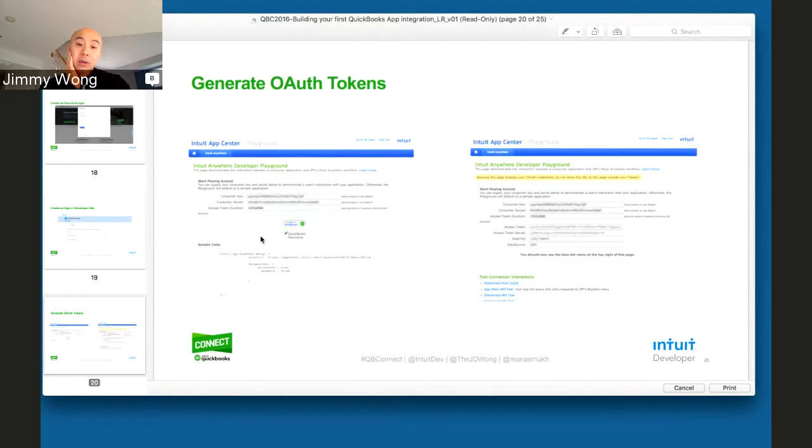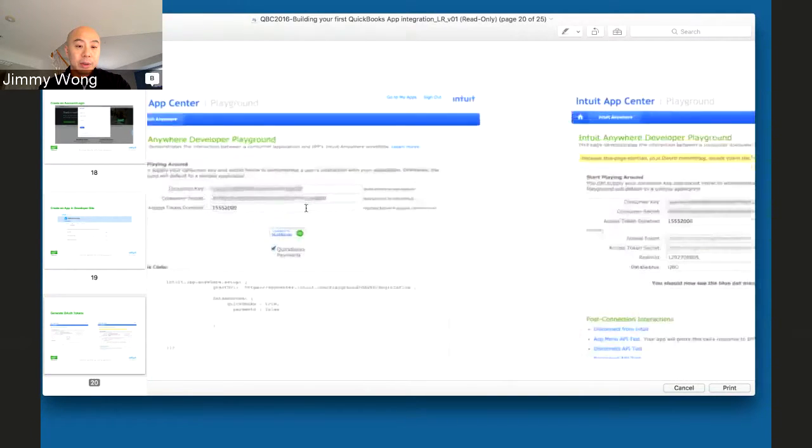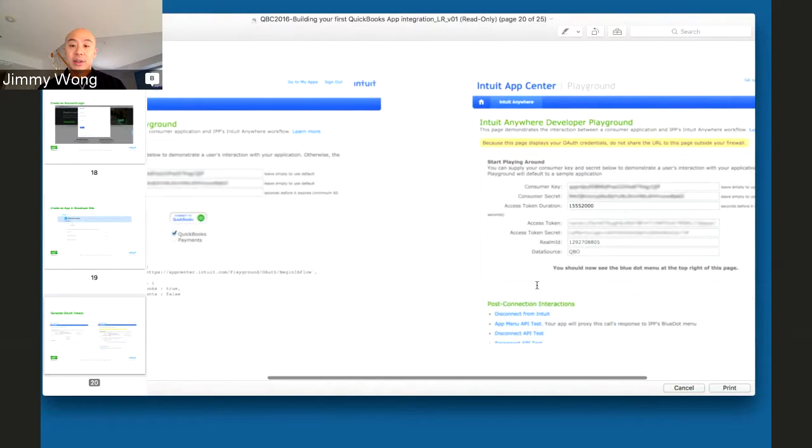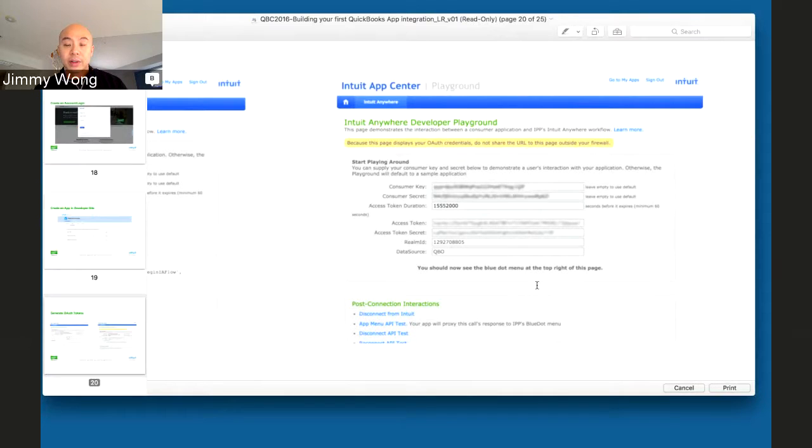And this is where you go to generate your OAuth tokens. So let me zoom in here a little bit. On your left here, you enter in your consumer key, your consumer secret. And the access token duration is how long your app is available for. And the number you see there is, I believe, 6 months worth of duration. So this is in seconds. And then you click connect to QuickBooks, and it generates your tokens. And these are what you need for making